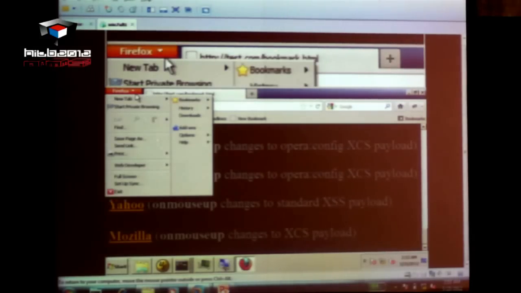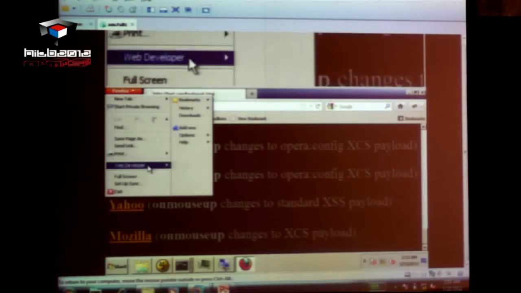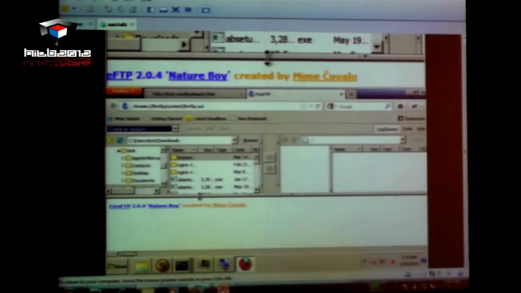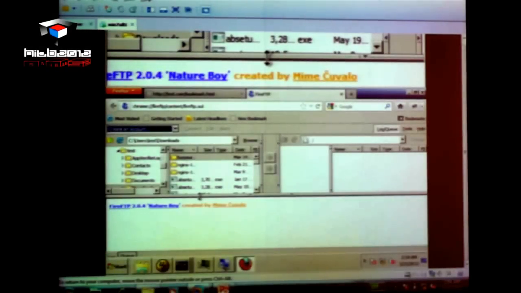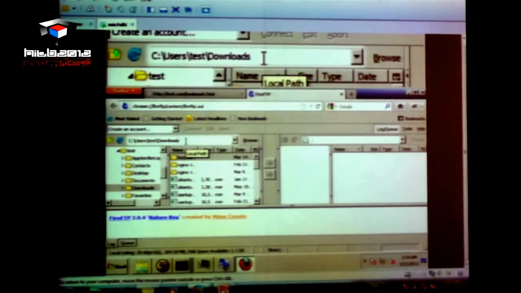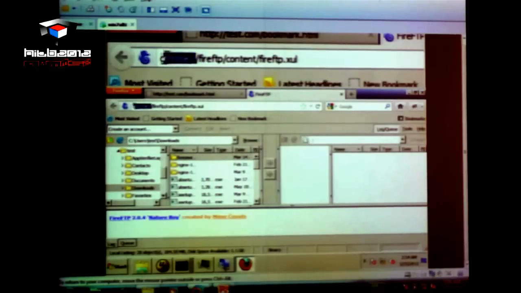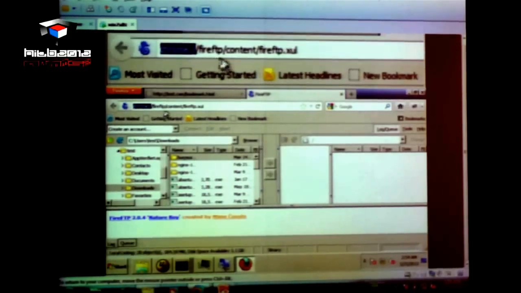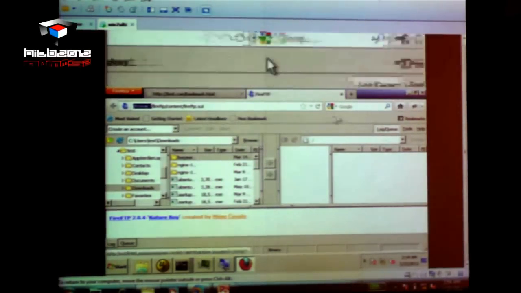Now in Firefox, it's a little bit different. Let's say the user is using an extension. This extension is FireFTP. As you can see, the extension can read into my file system and my folders. What's to notice here is the chrome. I'm in chrome. So what happens if the user is working with these add-ons and then goes here